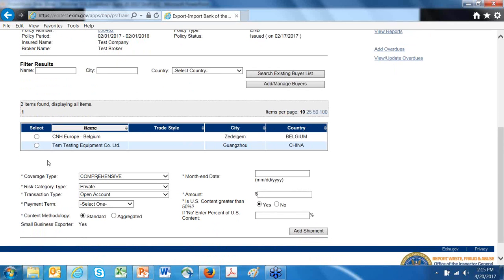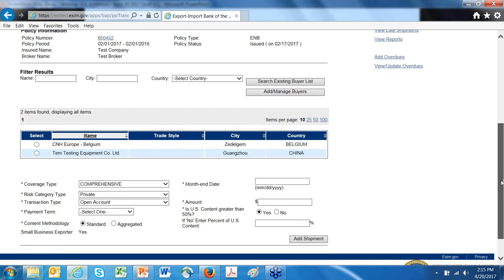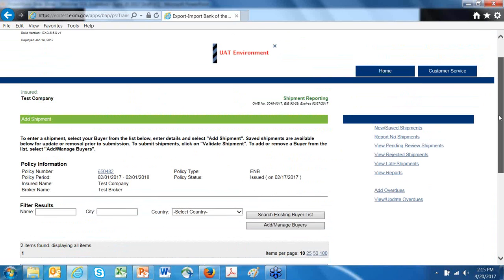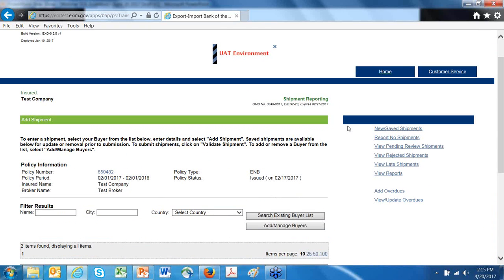And at the bottom of the page is where you would enter the details you would need in order to add a particular shipment. Again, I won't go into that level of detail for this purpose, but just to give you a flavor for what it looks like and how it works. And of course, there are some additional tabs on the upper and right side of the screen: new or saved shipments, report no shipments, review pending, view pending review shipments.